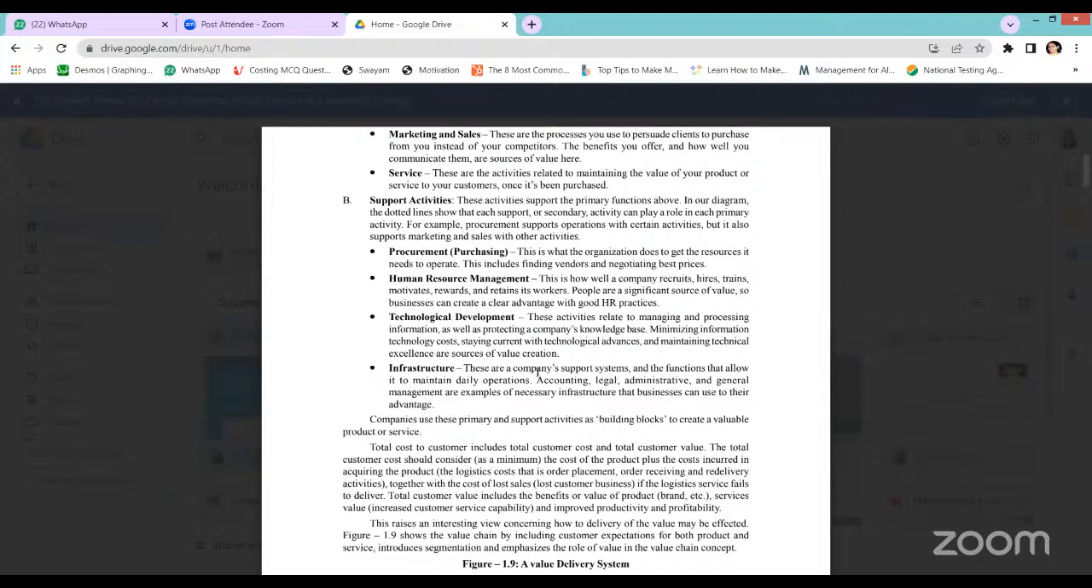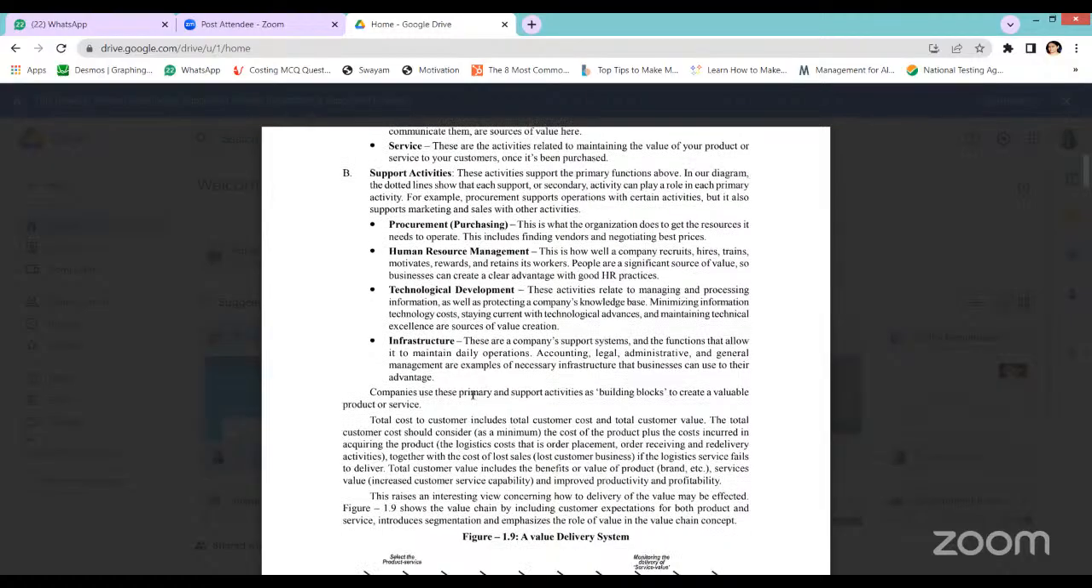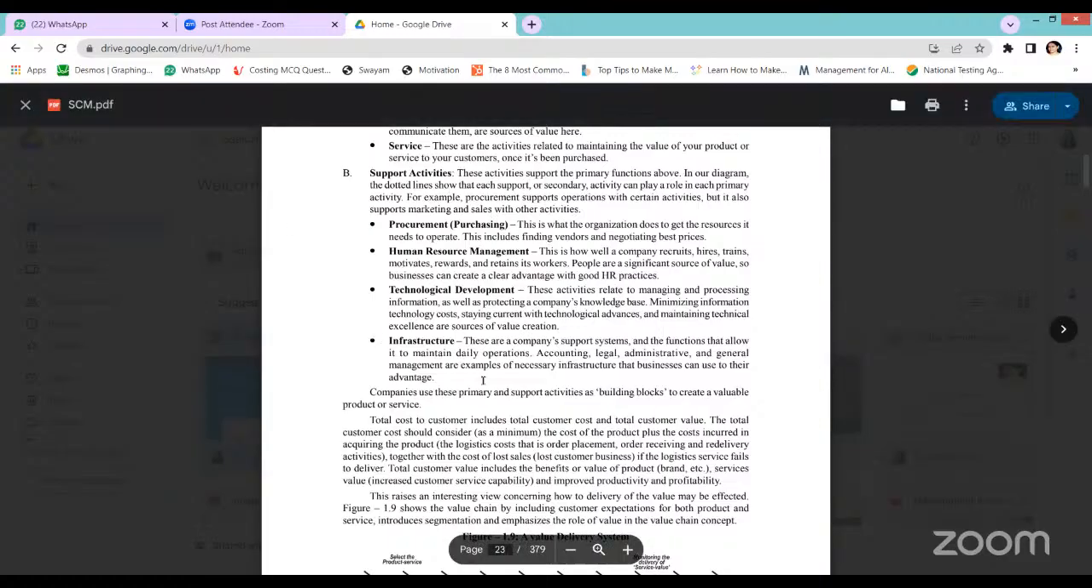Infrastructure is another support system of the organization, which allows the organization to see that its day-to-day activities and operations are maintained without hassle, without any interruptions due to legal, administrative, or general management aspects. So these are all support activities, such as procurement: